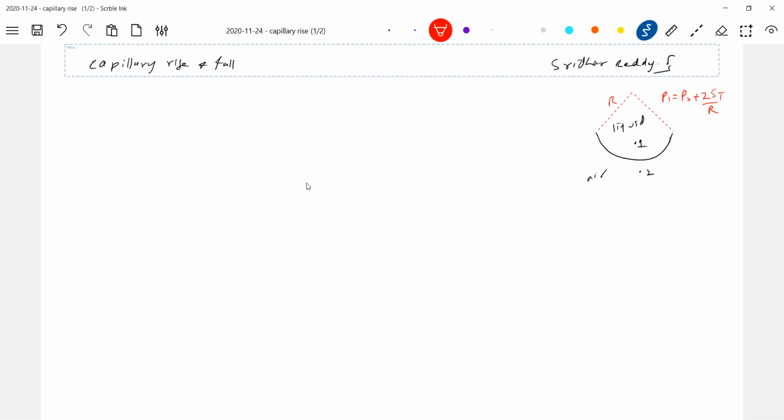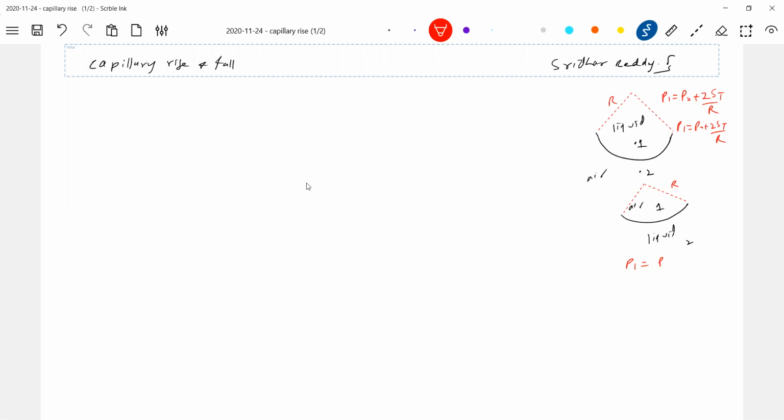This is the meniscus we'll call. Similarly, it can happen like this also, where this will be liquid and this will be air. Now also the meniscus, let it be equal to R. Now in this case, what are you going to say? Now also the situation is the same. P1 equal to, so here P2 is what? Equal to P naught, because this is air. So finally this equation will become 2T by R.